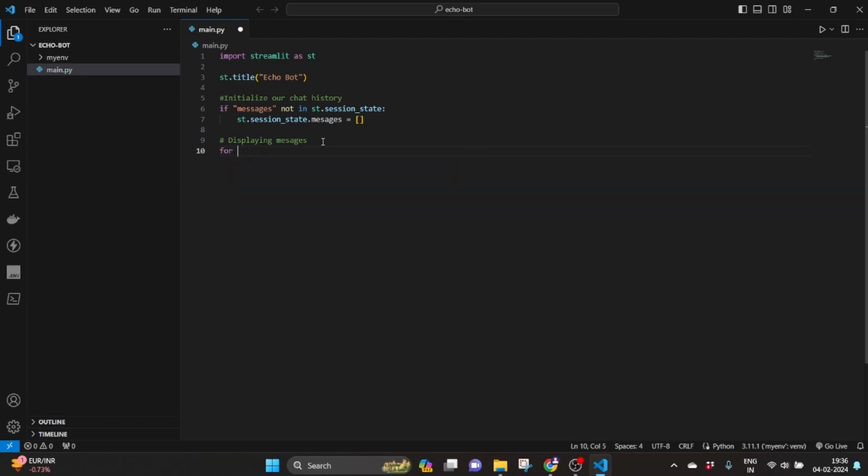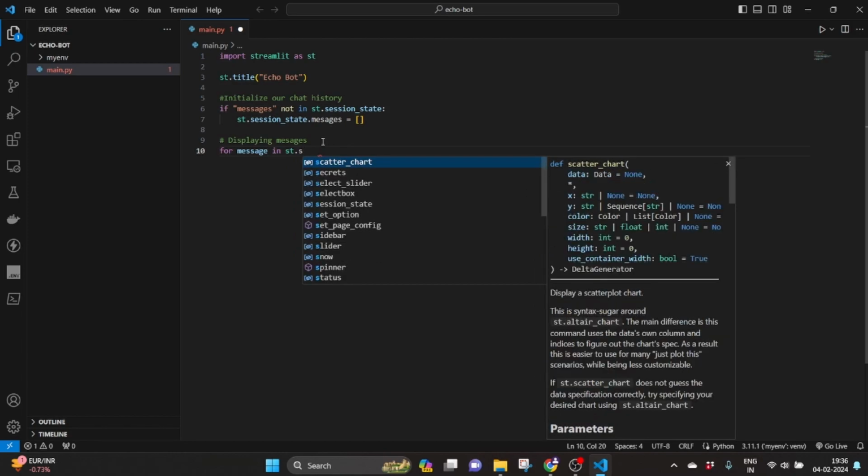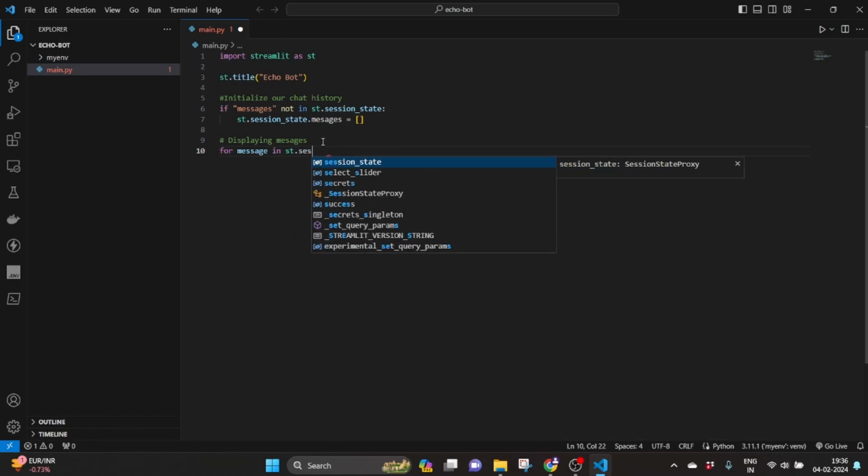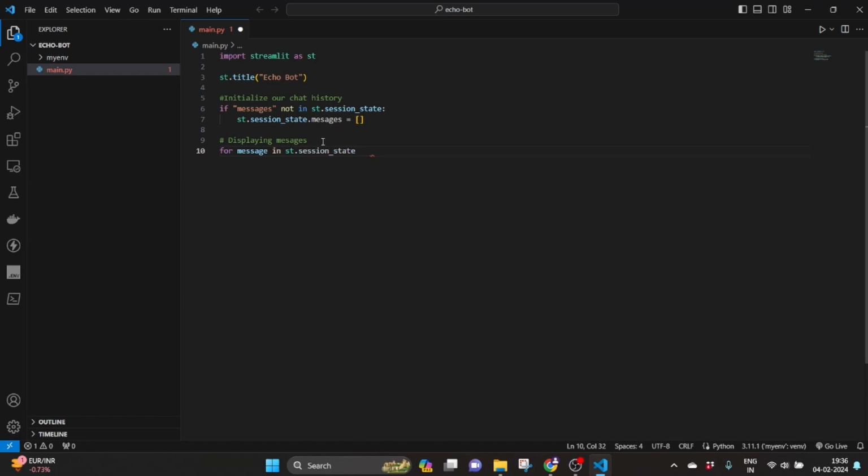For this, we'll again need a for loop: for message in st.session_state.messages. If there is any message in this messages, then